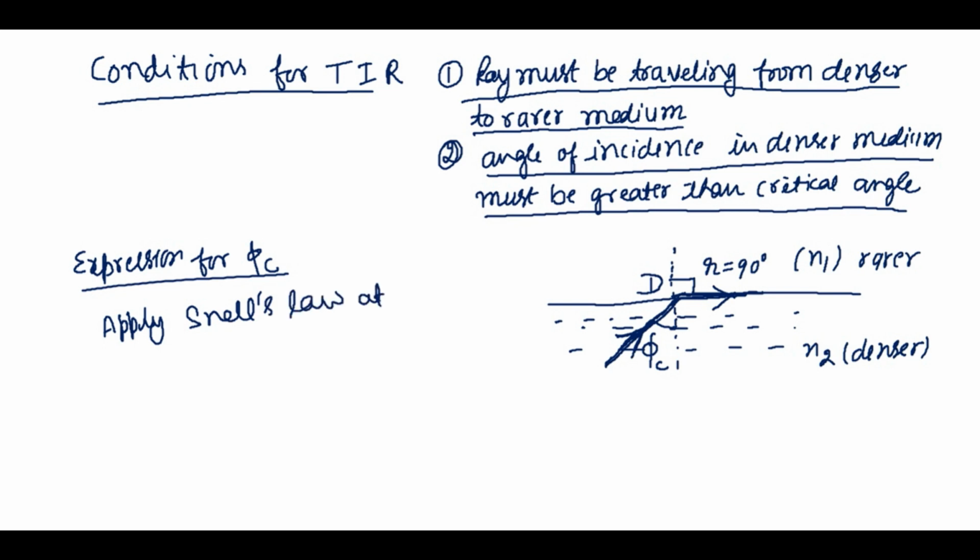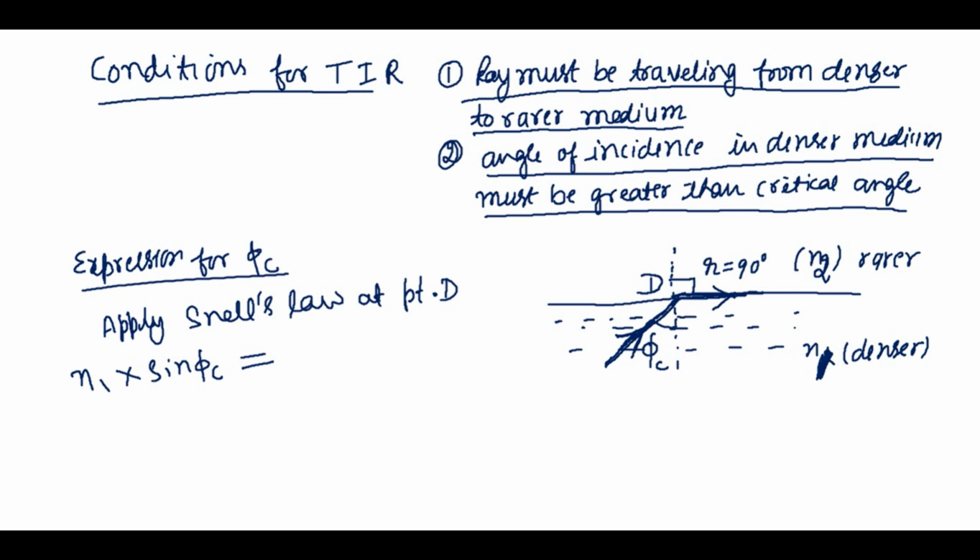at point D. So you can see the first medium. Here it is a mistake. This refractive index is actually n1 and this refractive index is actually n2. The first medium, which was water in my slide, its refractive index was n1 and it was a denser medium. So I would write here n1 multiplied by sine of phi c, and the second medium into which the ray is traveling after suffering refraction is n2.